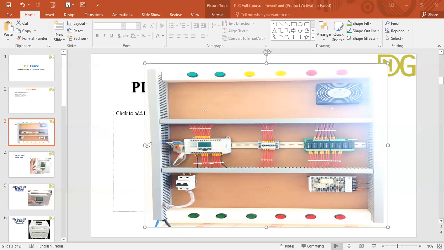And where do you command it in your program to take instructions from the PC to the PLC? When we download our program in the software, the program goes to our PLC with the help of the communication cable.